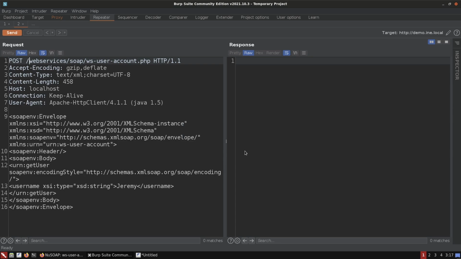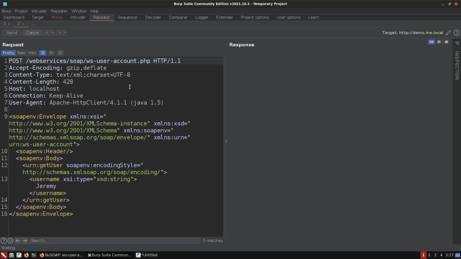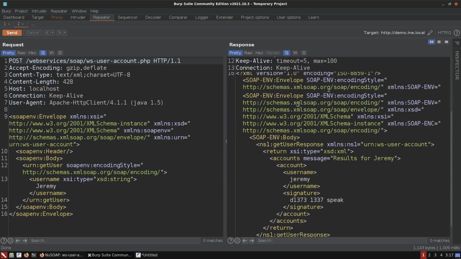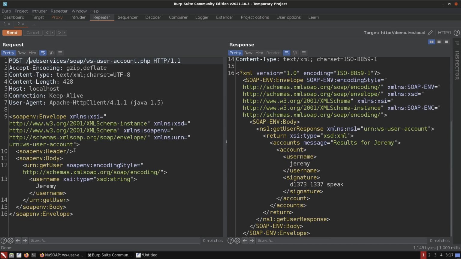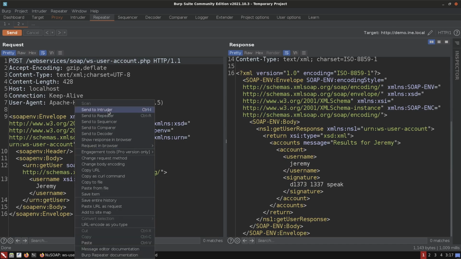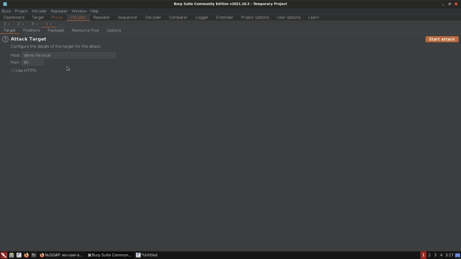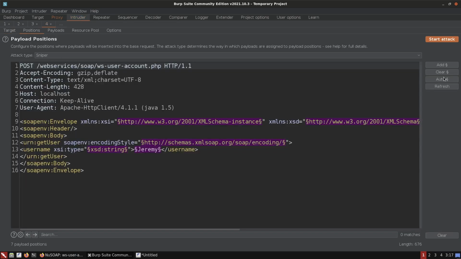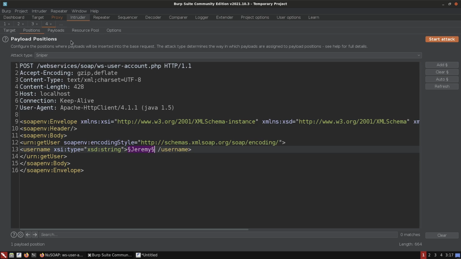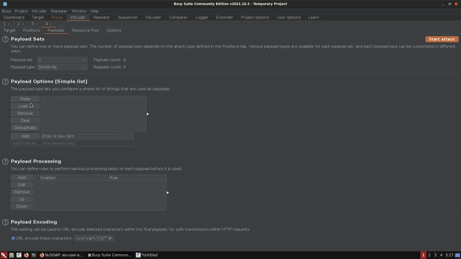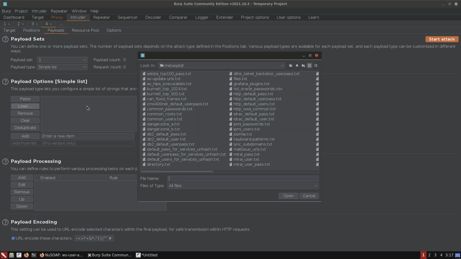and I'm just sending so that I can verify that this is indeed working. Otherwise, I don't want to send any request that's not working to the intruder and then waste time with that brute force. So yeah, we know that the user Jeremy exists. Pretty much we send this to the intruder now, and we then go into the positions and we'll clear the default ones. And this is what we want to brute force. So I'll add that as a position, and pretty much the same thing repeats itself in terms of the process. We'll just load